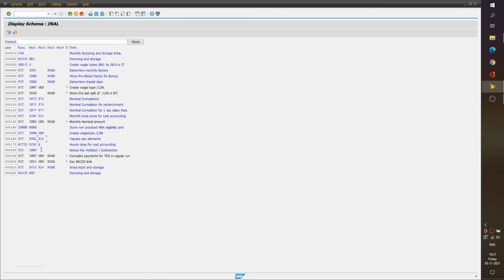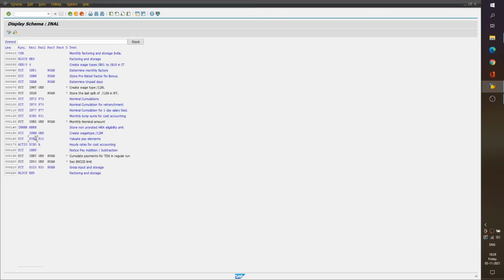Now you can see here this PCR XVAL is used along with processing class 10. Let us recollect what I said earlier. In this PCR, the logic will be written for each and every specification of processing class 10, and the wage types will be tagged to processing class 10 specifications, and then accordingly the processing will happen in this driver when this XVAL PCR is called. Now let me say this in another way.